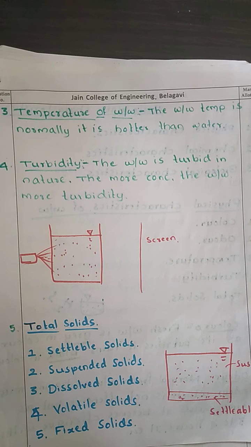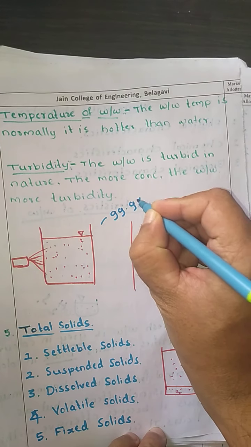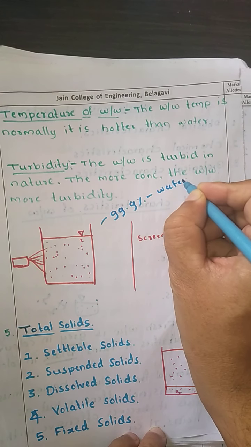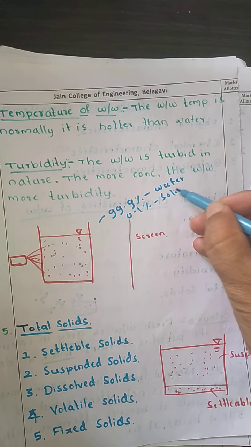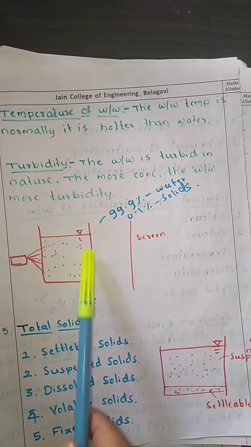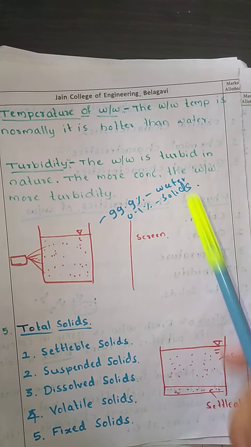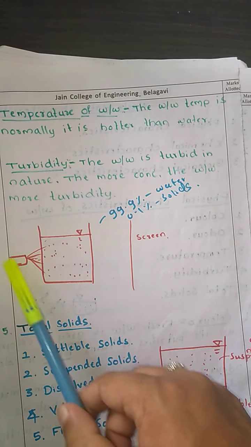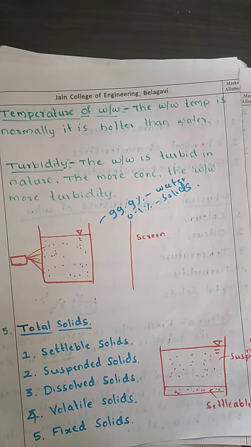Now as you know, the water is going to have around 99.9 percent of water, okay, and it is going to have 0.1% of solids in it. Now when you have solids in this wastewater, you have taken one container and the wastewater is there. This wastewater is going to have 99.9% of water and 0.1% of solids in it. Now if you take a torch and pass a ray of light through that container, what is going to happen,